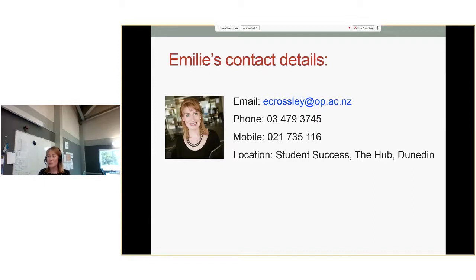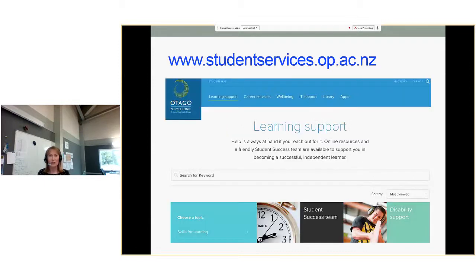All right, so before we get into the core content of the tutorial, I just wanted to make you aware, if you're not already, of this really great website that we have. This is the Student Services website that links from the main Polytech website. I hadn't got into it too much before preparing for this tutorial, but I was really pleasantly surprised at just how much information and support was on there. That's the address there.